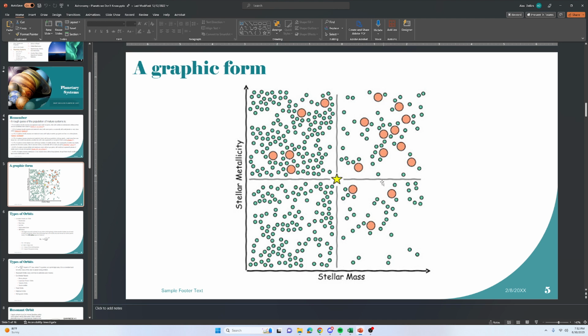Okay, but if you're more massive than the sun, that's when you have a more likelihood of having gas giants. And if you're more massive and more metallic, then you'll have a lot of them. If you're more massive, less metallic, you won't have a lot of gas giants. So mostly pick rocky worlds and super Earths and ice giants like Neptune. And if you're less massive than the sun and have more metallicity, again, very rarely put in